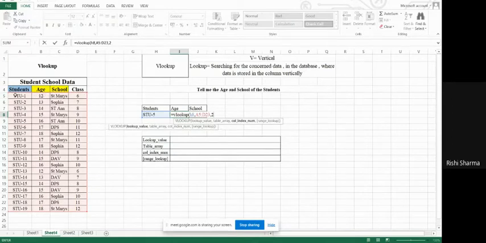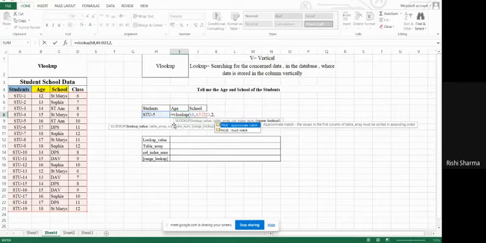Even if this table was starting somewhere else, like from A or from Z, I have to just cover this area and see at which position this particular column belongs, with respect to the area that I have selected. This is number 1, number 2, number 3, number 4. So age is at number 2.